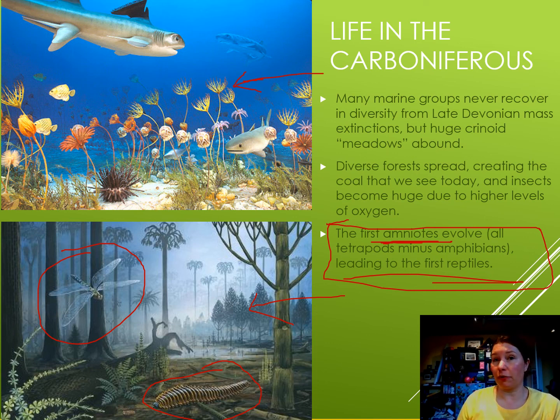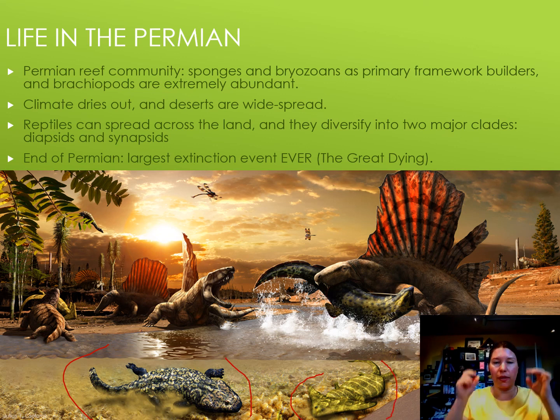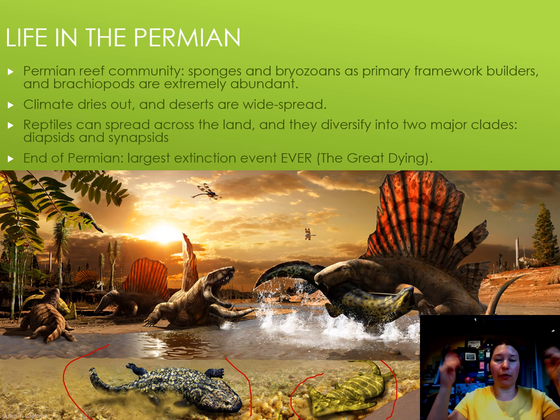So this is leading to the first reptiles, but we're also going to begin to think about going down that mammal lineage too. So we're going to get amniotes beginning to diversify here at the end of the Pennsylvanian and at the end of the Permian. So here's some of those amniotes. Well, this guy looks still kind of amphibious. This is definitely an amphibian, a very famous one, Diplocaulus, with that boomerang-shaped skull. Very cool amphibian. But we have a whole world of reptiles.